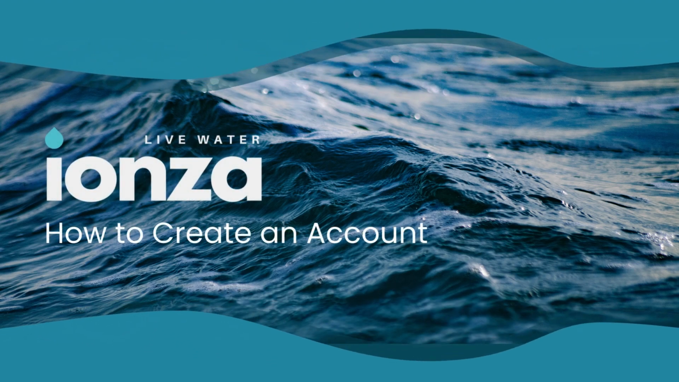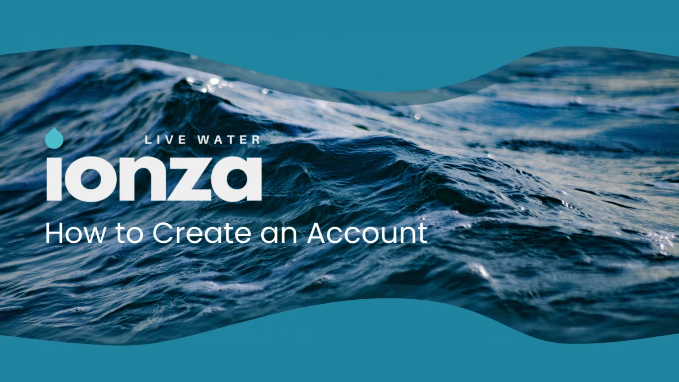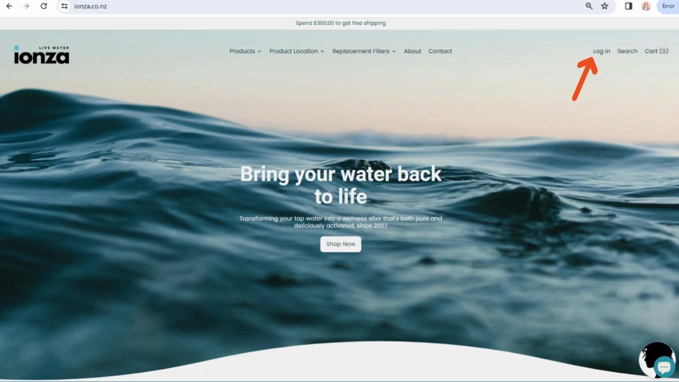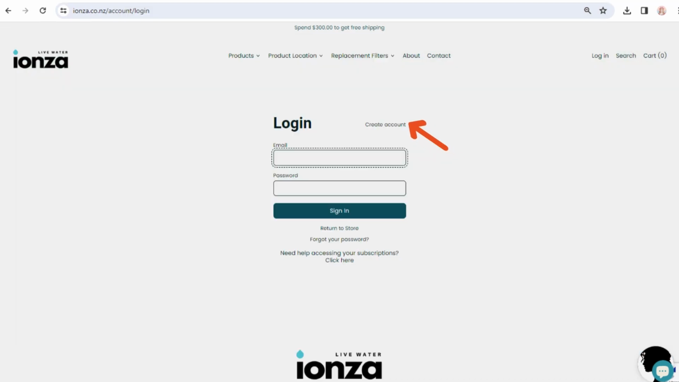I'm going to show you how to create an account with our website. So you simply go to our website, www.ionza.co.nz, and go to the top right hand corner of your screen. You'll find a login button. Click on there and you'll need to press create account, as you don't already have an email and password